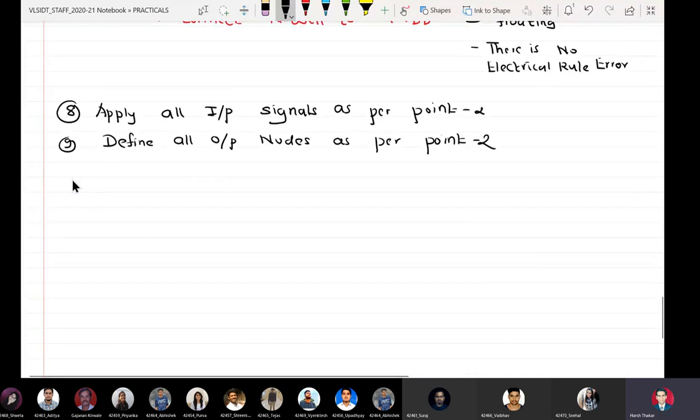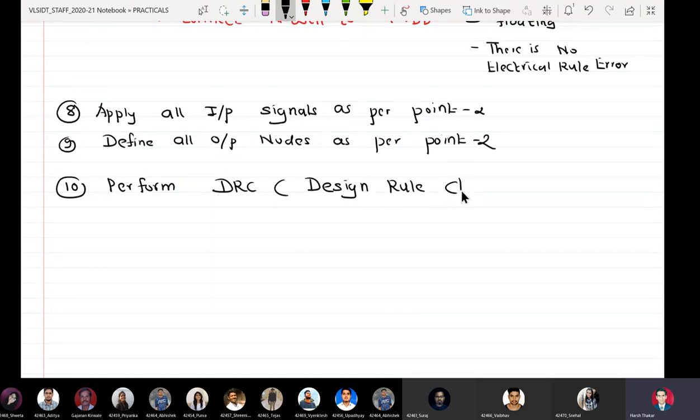Now once you have given all the inputs and defined all the outputs, the next step is to perform DRC. DRC stands for design rule check. What is this design rule check? It will come in theory after some sessions. Basically in IC design on wafer, there are some rules defined which tell what should be the minimum separation between components on the wafer.